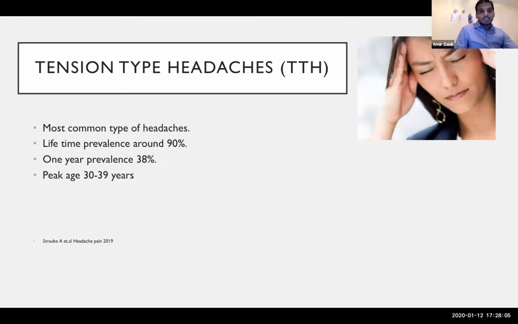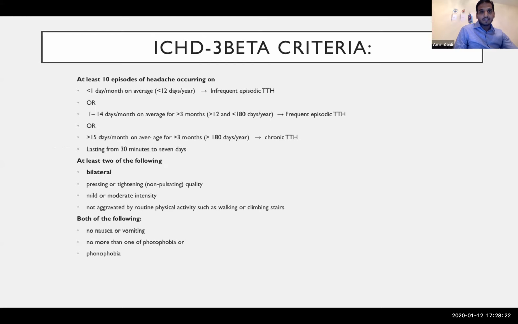The most common primary headaches are tension type headaches. The lifetime prevalence is around 90% and the 1 year prevalence is 38%. Commonly, people between 30 and 39 years of age are most likely to be affected by tension type headaches. So the criteria given by the International Classification of Headaches,